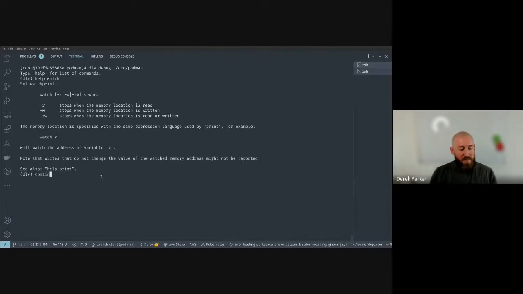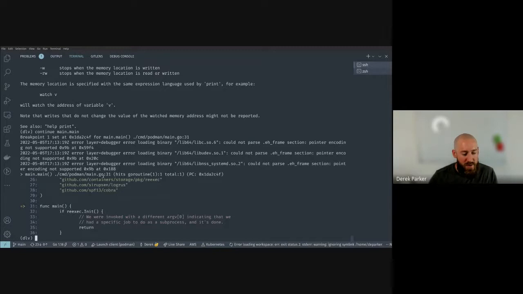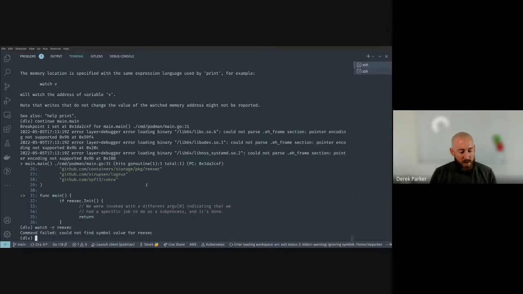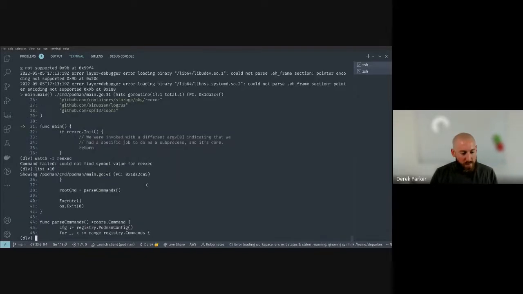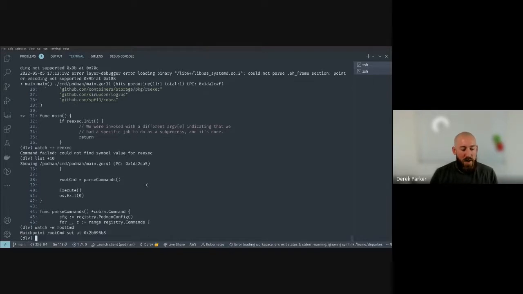So I wonder if I can show an example of this. Maybe if I do watch -r reexec. Okay, that's just a package name, right? So what if I do watch -w rootCommand? Okay, so what I've done is I've set a watchpoint on this variable rootCommand, and